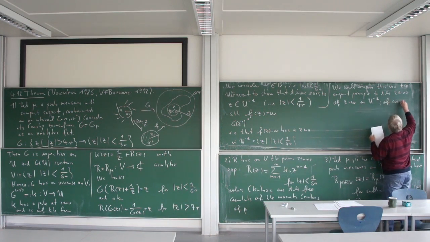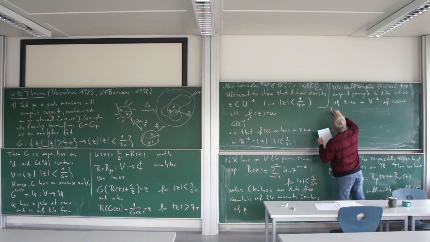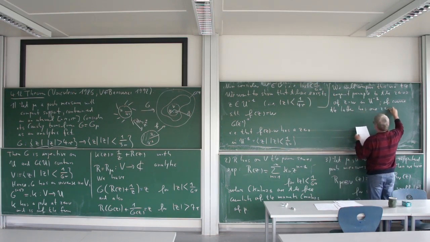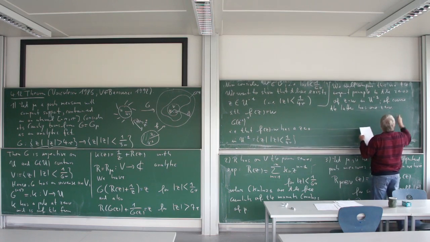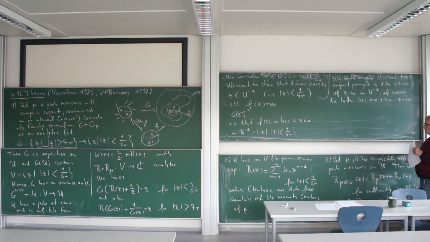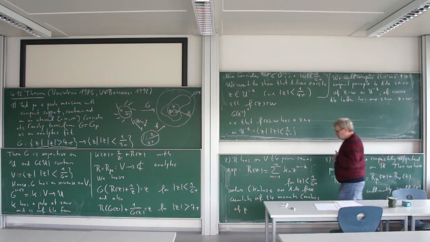And of course, this problem later has 1. Good. Name z equal to w. Good. Okay, and so the theorem of